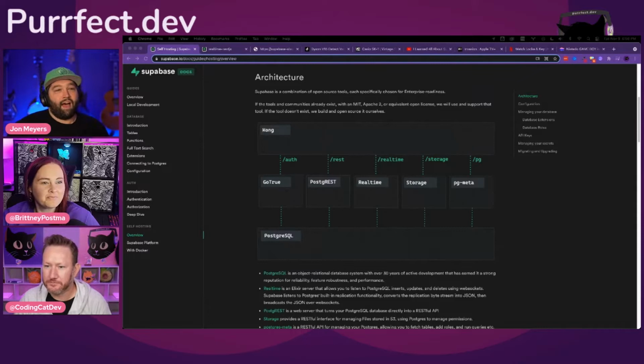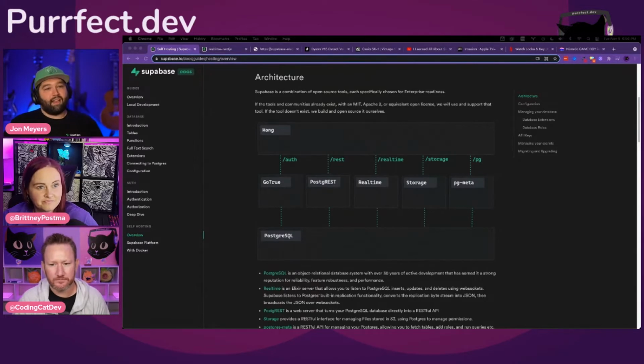Very cool. The real-time server was built from scratch, and as I was saying before, was the original piece of Supabase. That was the MVP concept that then kept spinning out of control and getting bigger and bigger. It's an Elixir server that is completely open sourced, but was built custom by us.